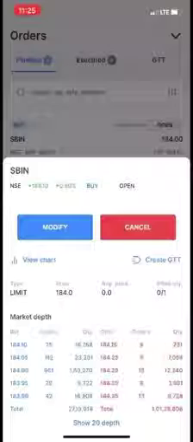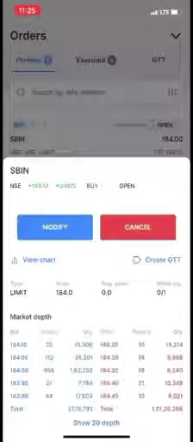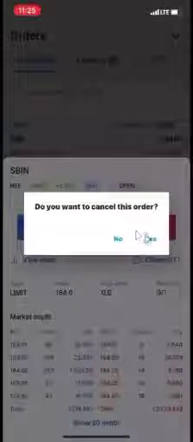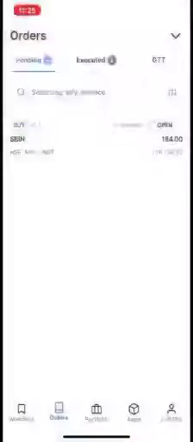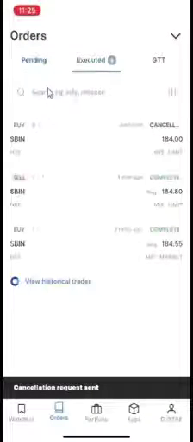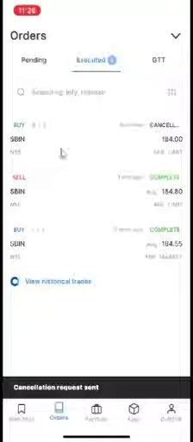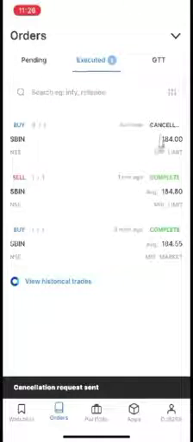I will give cancel and then give yes over here so that this order will be cancelled and the same will be updated in executed orders. Only open orders will be in the pending tab. All other statuses will be available in the executed tab. If your order is cancelled or rejected, it will be available in executed orders.